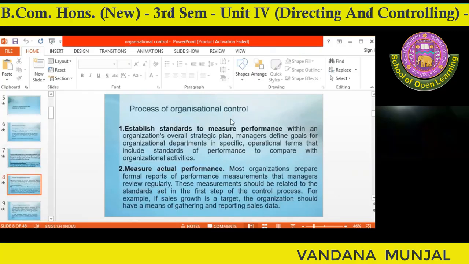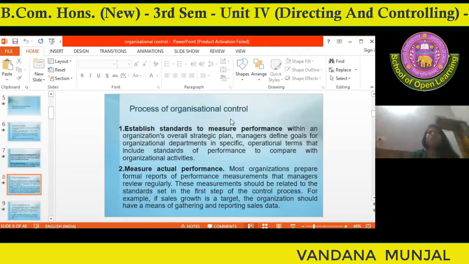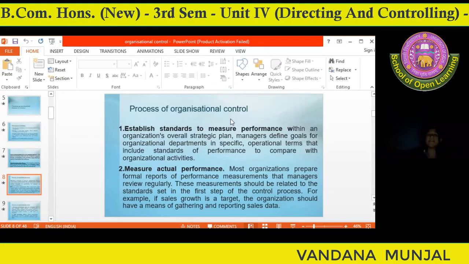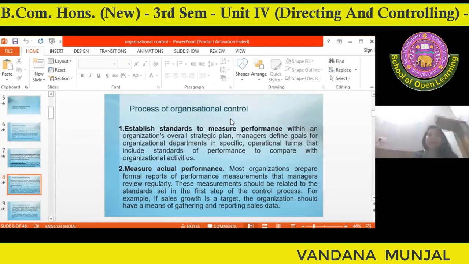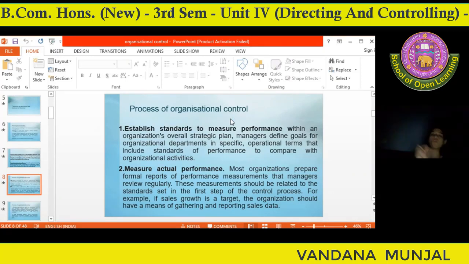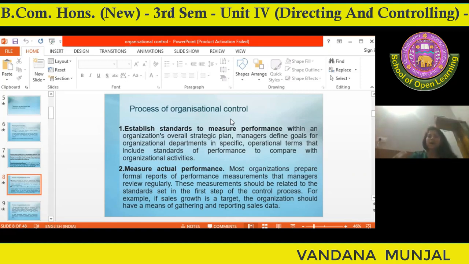Okay, आप अपने objectives set करो, अपने goals set करो, और different departments के लिए, different levels के लिए of management के लिए, and overall for the organization as a whole, you design the standards in the organization. And then once those standards have been done, आपके further steps शुरू हो जाते हैं, that is to organize, that is to put those plan into action. The second step is to measure the actual performance, that is आप measure करना कि actually में कि क्या आपने perform किया on the basis of, it is done on various